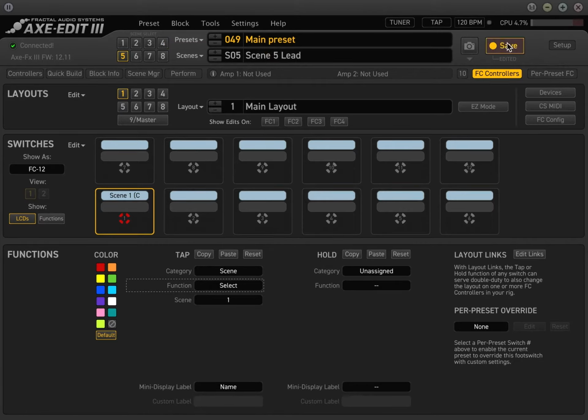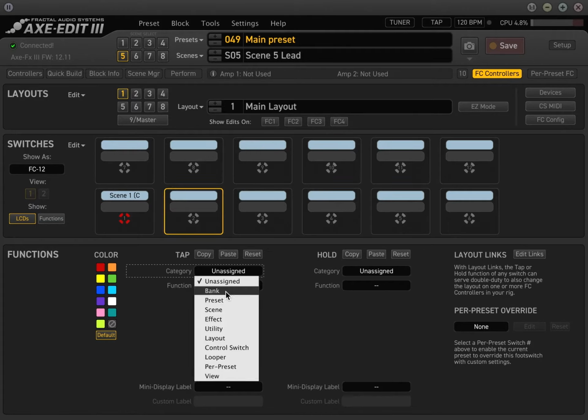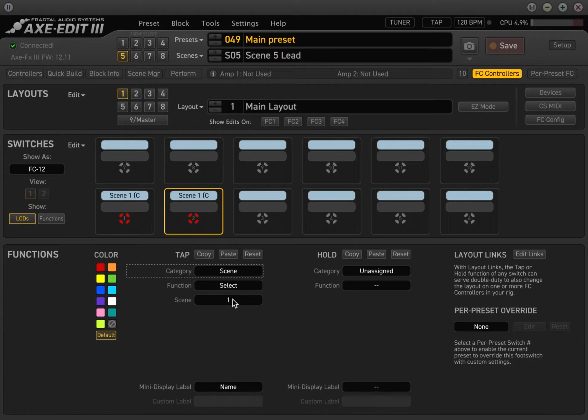Okay, cool. So now what you can do is assign these 5 buttons to be your scenes. So this is already assigned to scene 1, and the cool thing is you can assign it to any color you want. We'll just use red for now. This is kind of the default color for scenes. And then we select scene here. And then this time, instead of scene 1 again, we want to do scene 2. It gives you all options for all 8 scenes. And then we want to do scene 3, scene 4,